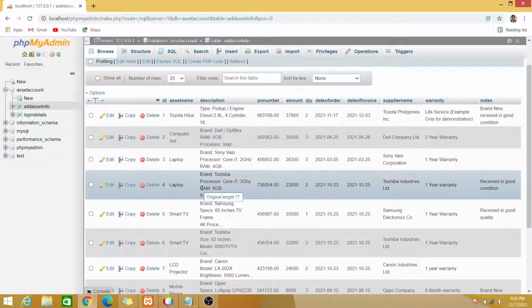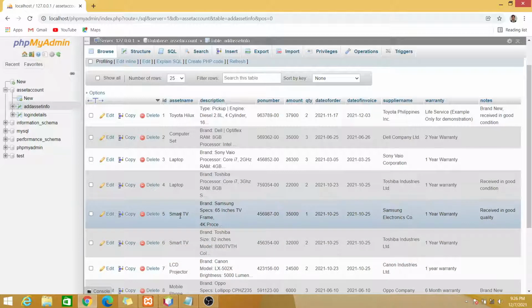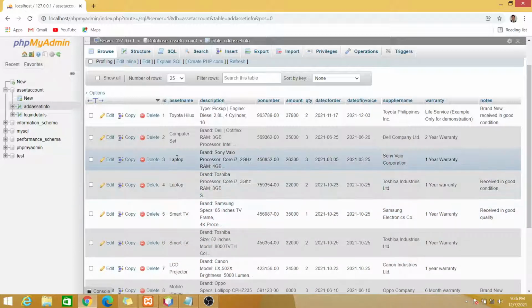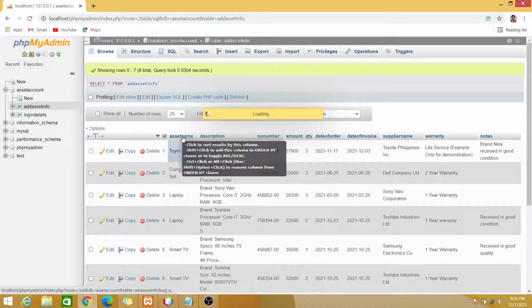So what we are trying to achieve here is to select a distinct name for each item, because there is a double name like smart TV, laptop. So go to SQL